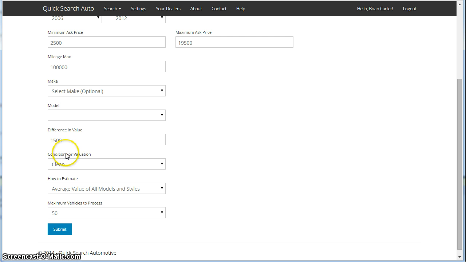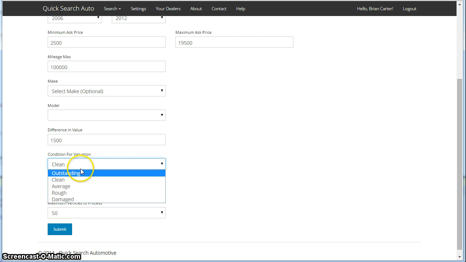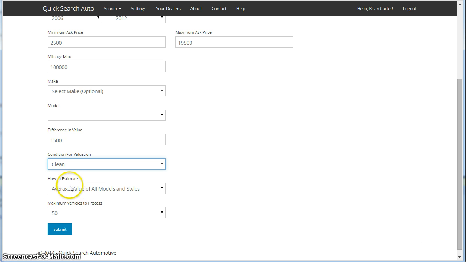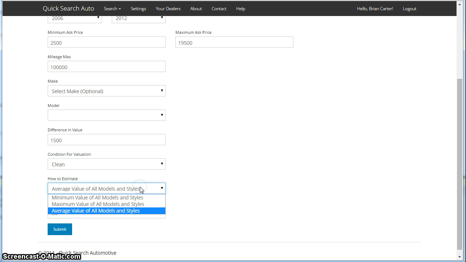The condition of the vehicle, that's pretty obvious. And how to estimate. When it looks up the value of a vehicle, it'll return all possible styles and options. And if the lister added a VIN number, a lot of times there'll only be one style and one value. But if there is more than one, you can use this to decide how you want to